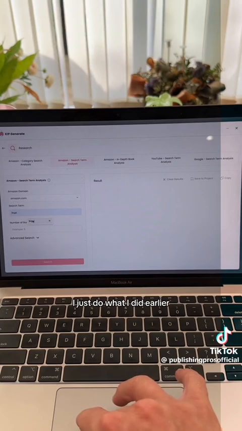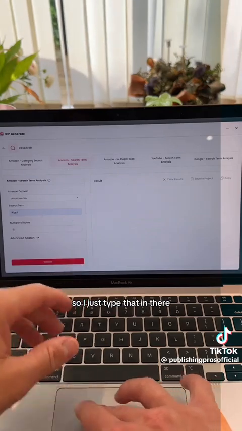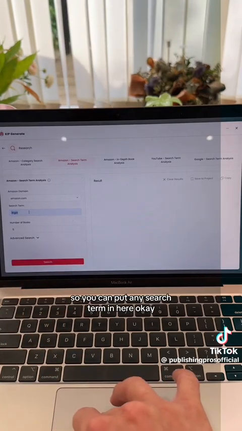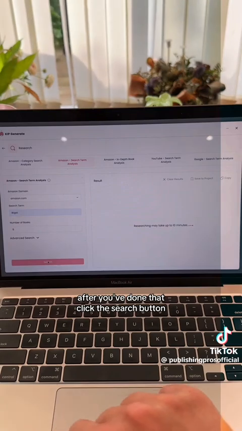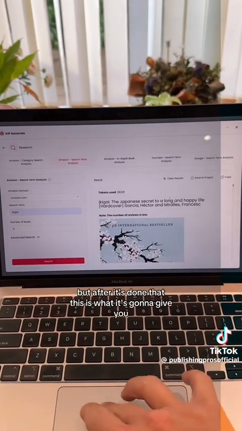So for example, I'll just do one I did earlier, which was Ikigai. This is a Japanese practice, so I'll type that in there, and I'll just do 5 books. You can put any search term in here, okay? Any search term you want to. After you've done that, click the search button. Right, so it takes a couple of minutes to load, but after it's done that, this is what it's going